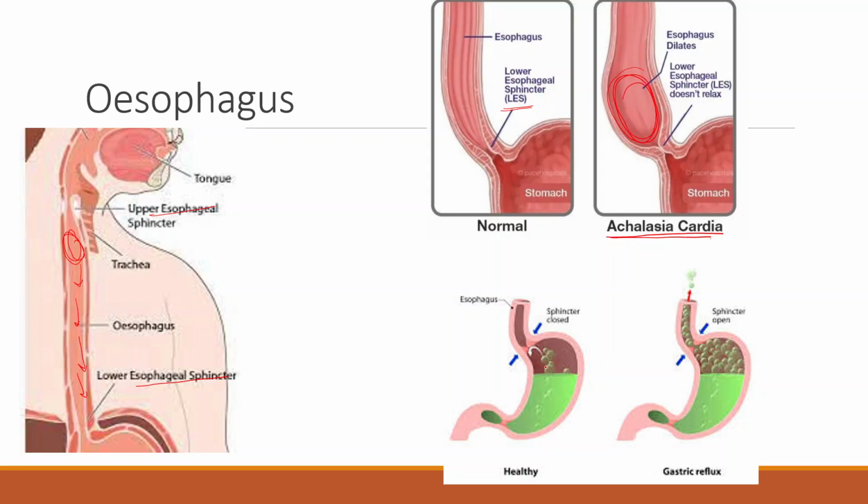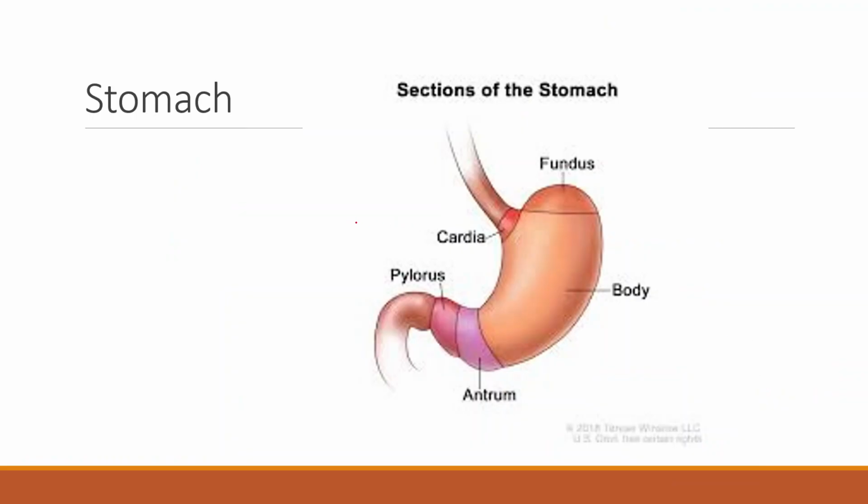Here we can see there is one more applied aspect related to esophagus. What if this LES, this lower esophageal sphincter, which is closed normally, is not able to close? Here it was not able to open, right? Here it is unable to close, and that's why acid reflux occurs, and we can call it GERD, gastroesophageal reflux disease, right? We'll touch upon all the applied parts later on, but this is just an overview showing the applied part of esophagus.